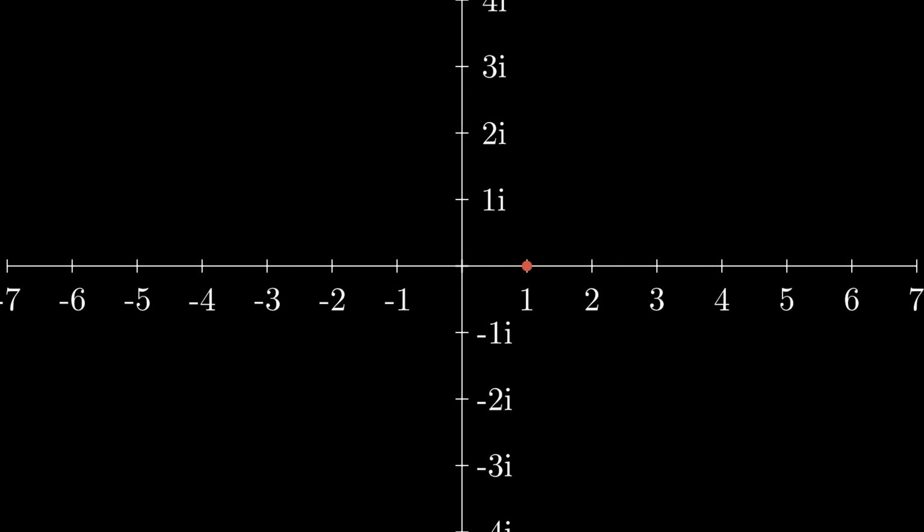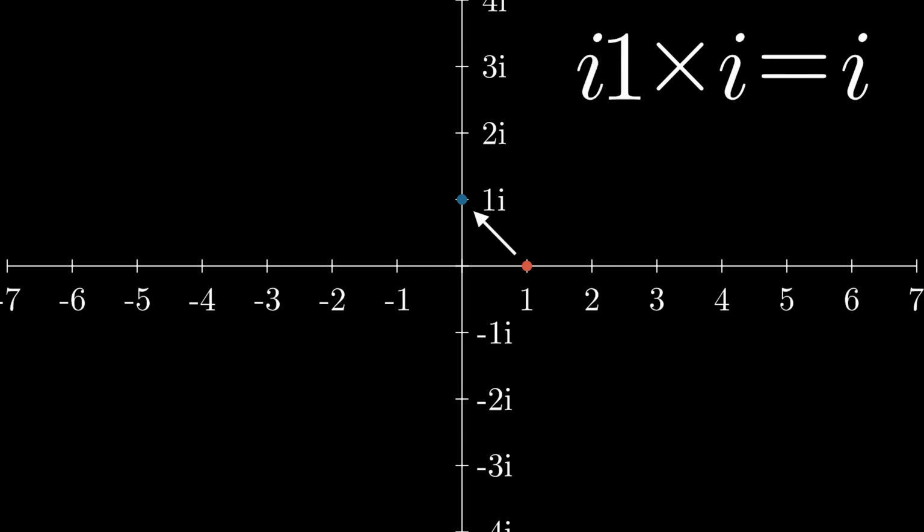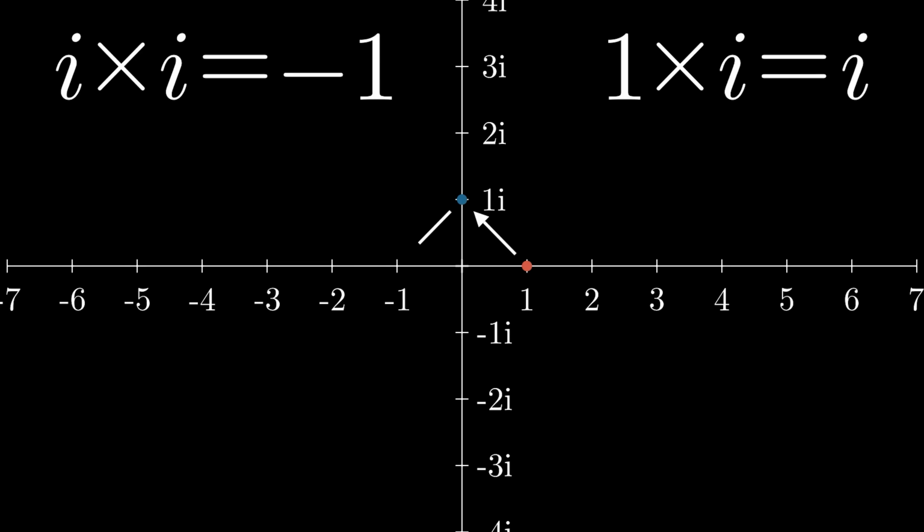And let's start with a 1. Now, let's take a look at what happens when you multiply this 1 by i, the imaginary number. The dot goes from here to here, because 1 multiplied by i is i. Now, let's take i and let's multiply it by another i. We already know that i times i is equal to -1. That's the definition. Now we can multiply it by i and get -1 times i.